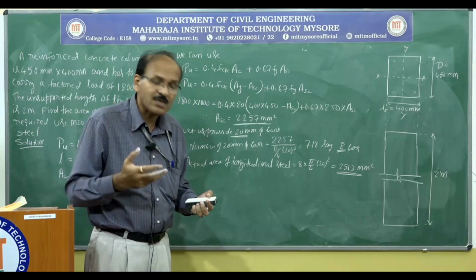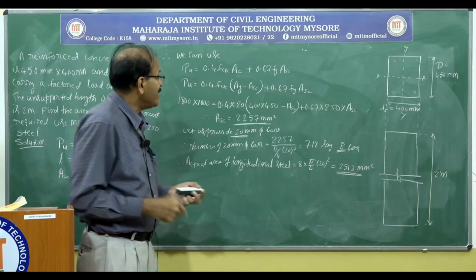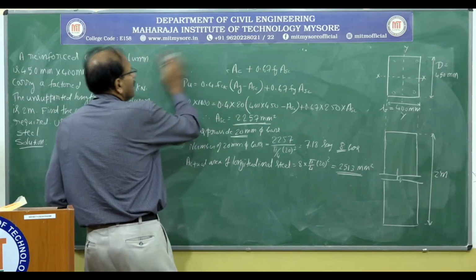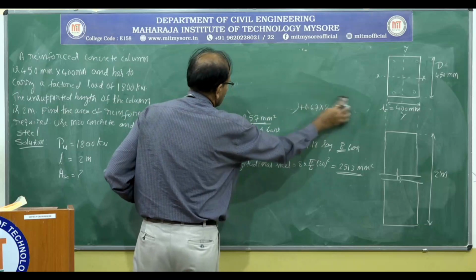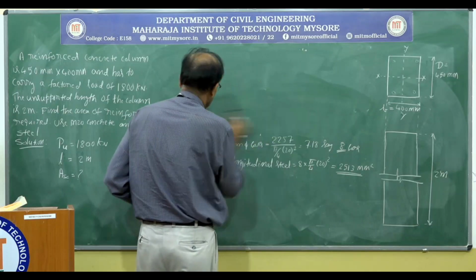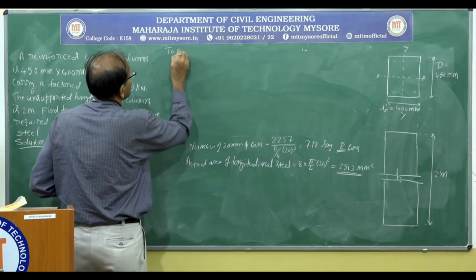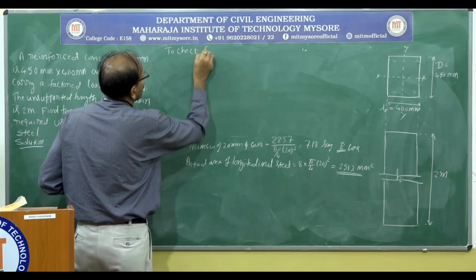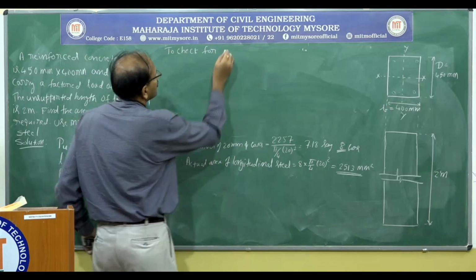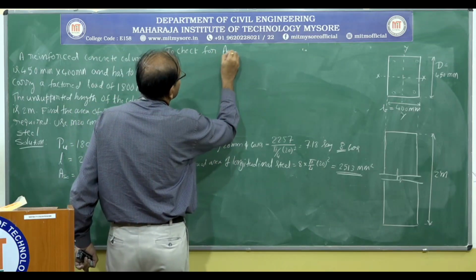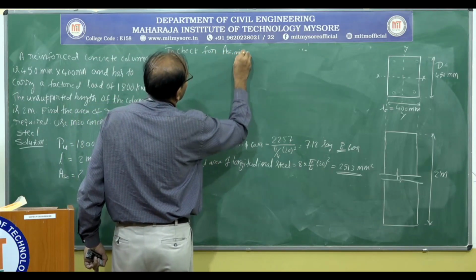That is, check for ASC minimum and check for ASC maximum. So to check for ASC minimum,